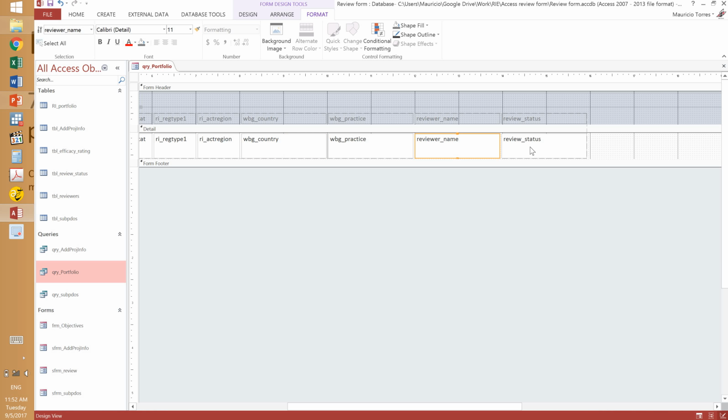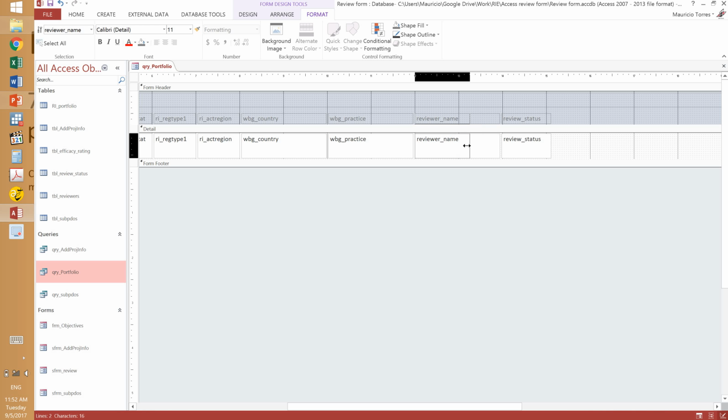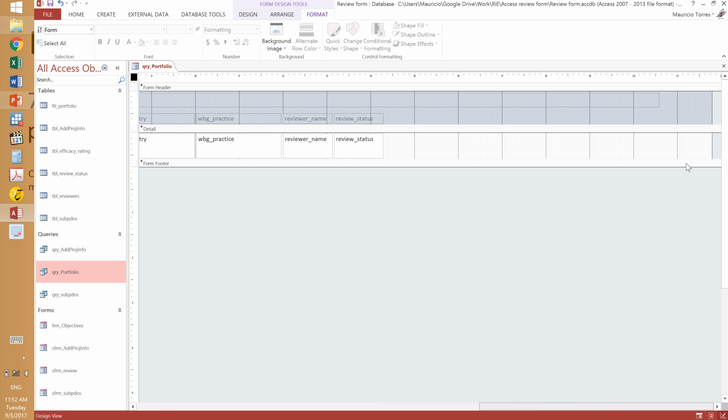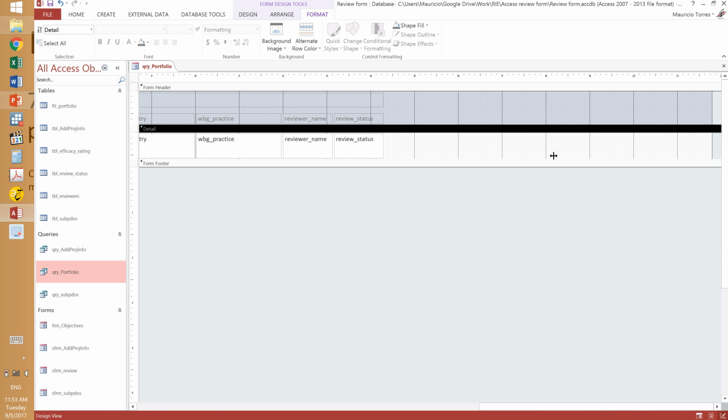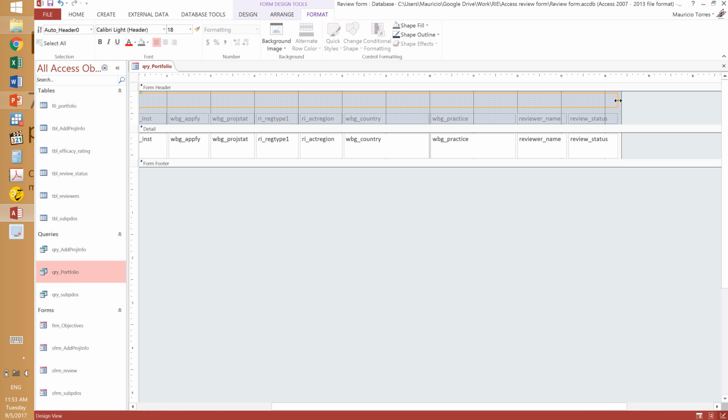And the reviewer name and the review status, I can click on both and reduce them, and that is fine. Okay, that didn't work, so I do it manually. Okay, now I have it. I have too much information here, so I don't want this to be so wide. So that's why I want to narrow everything. Okay, that's fine. Now I want